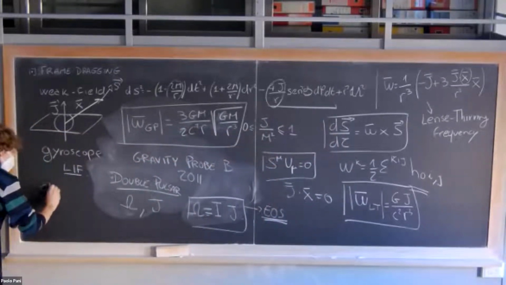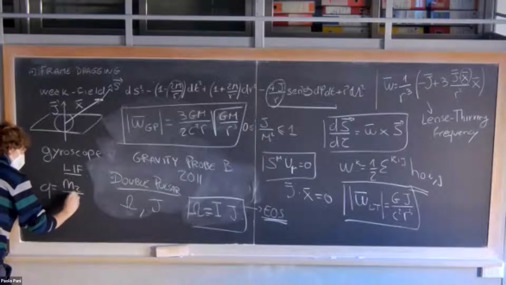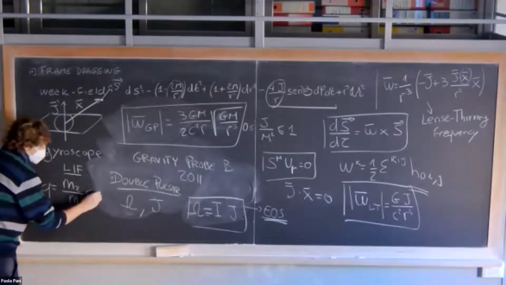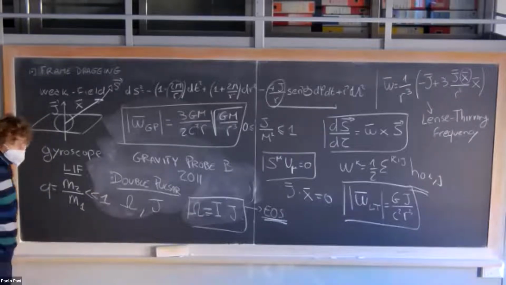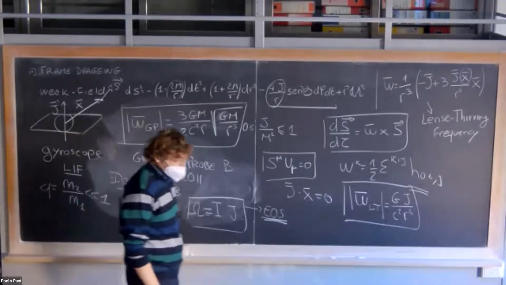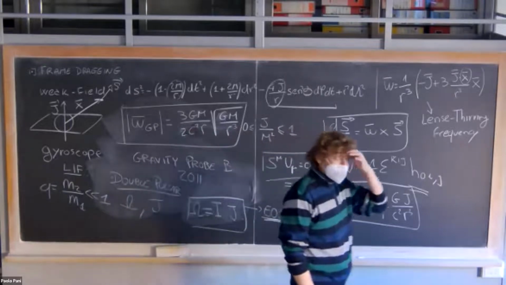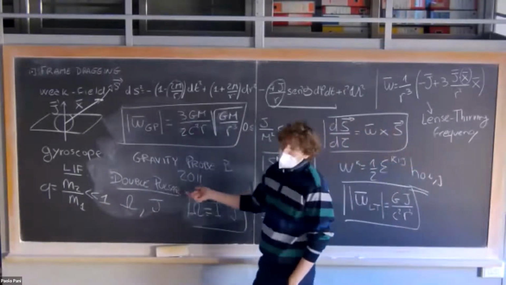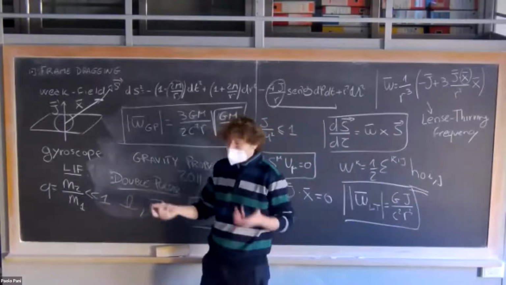If we define the mass ratio as m2 divided by m1, where m1 is the big object, typically the mass ratio is much smaller than 1 for weak field tests, and so the geodesic approximation taking a point particle is well motivated. For double pulsars, this is not true anymore because pulsars have the same mass,